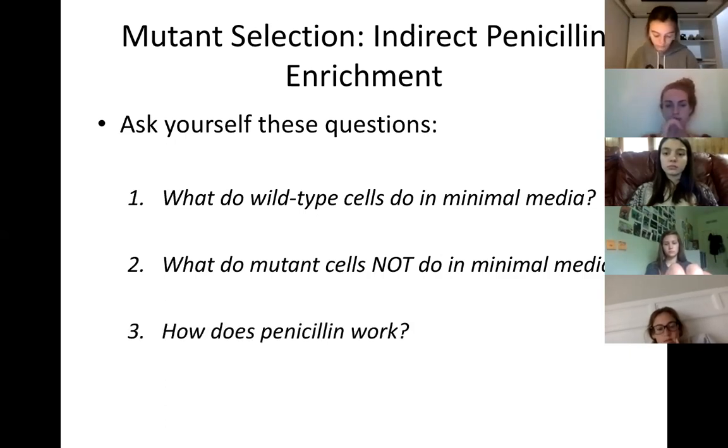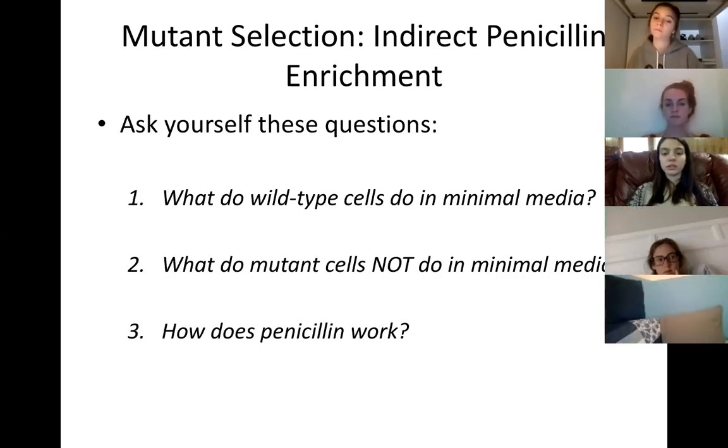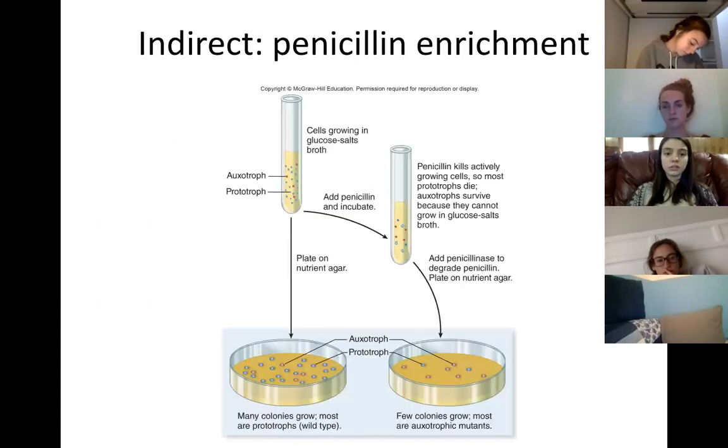All right. Allie, can you remind me quickly, how does penicillin work? What needs to be happening for penicillin to work? Does it attack the cell walls? Attacks the cell walls as what? As they're being assembled, right? As those bacterial cells are dividing. So penicillin, right, only works if your cell's dividing. And so we actually use this to our advantage for indirect selection.